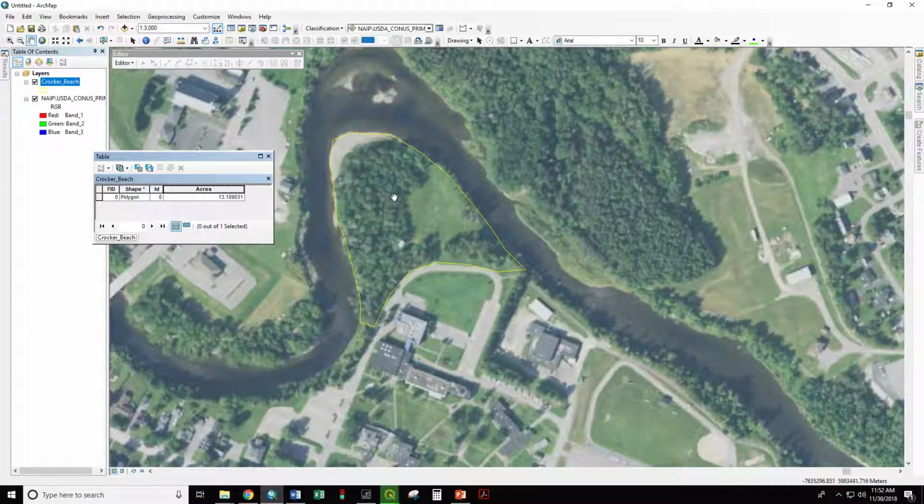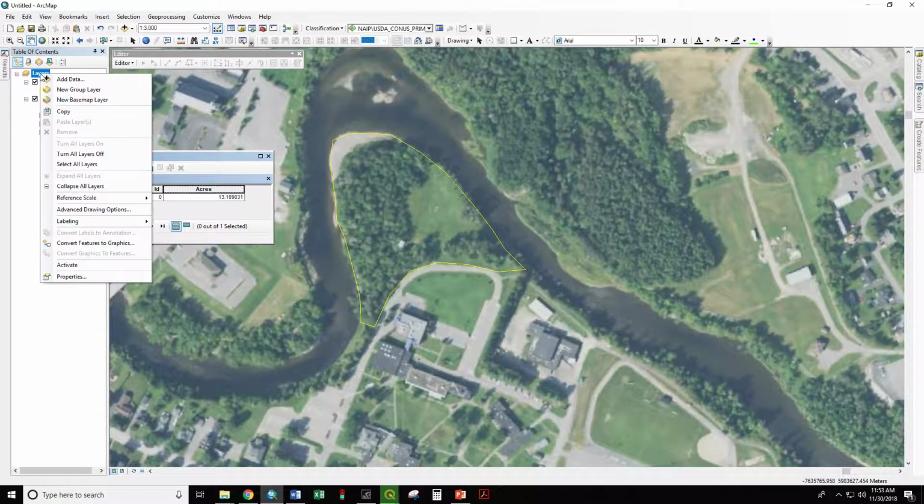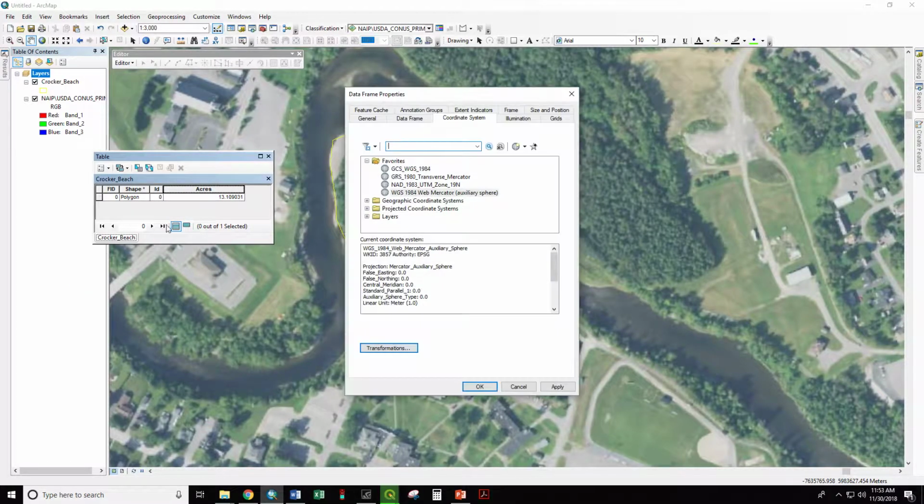Say you calculated this forest stand to be worth $1,000 an acre. If you had 13 acres, that would be maybe something you could go in for and bring in some harvesting machinery to take care of. Obviously not right next to the river. But if you only had 6 acres, you would get yourself into a pickle. If you assumed you had $13,000 worth of wood and you only had 6, that would be an awkward conversation with your logger. So let's bring this data frame back into NAD 1983,